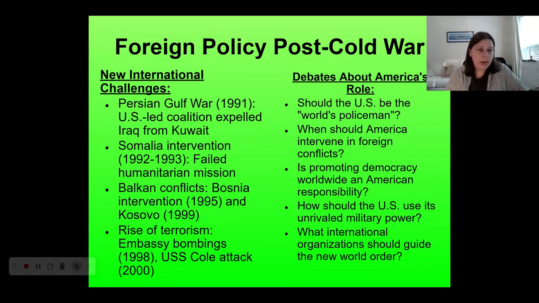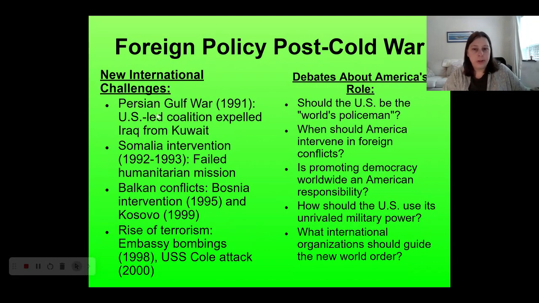Do we promote democratic ideals around the world? Are we a stabilizing force? Do we stay out of things? What are we doing? So you don't necessarily need to know a ton about the details of all of this, but it is a good idea to have an example of some of the types of foreign policy interactions that the United States engages in.